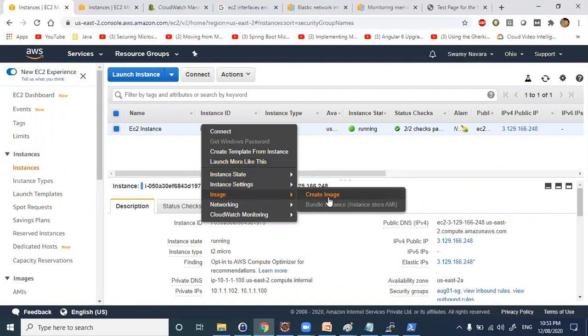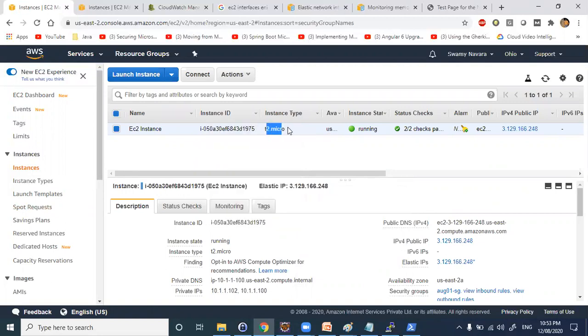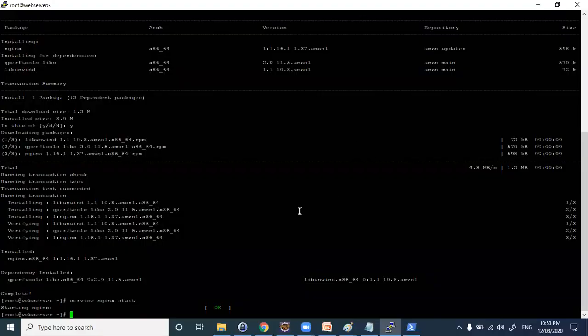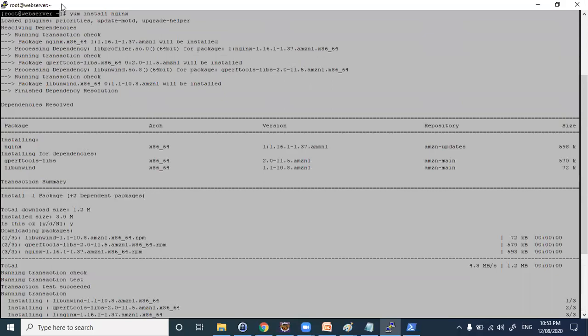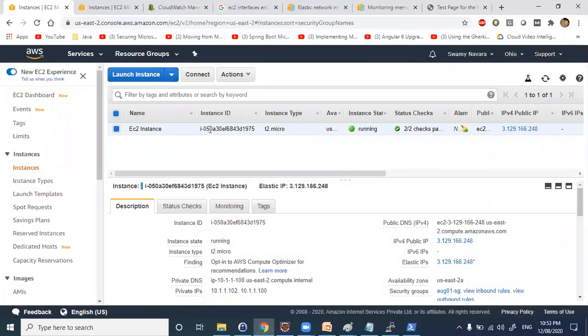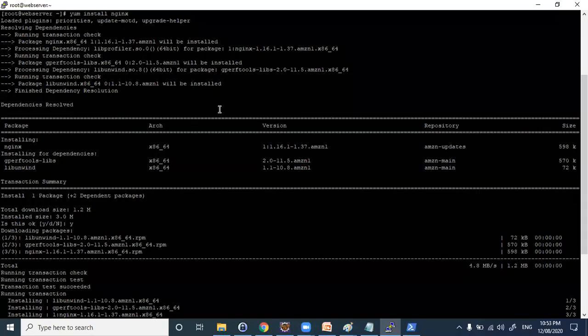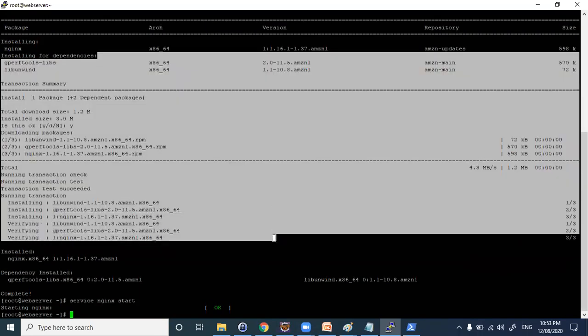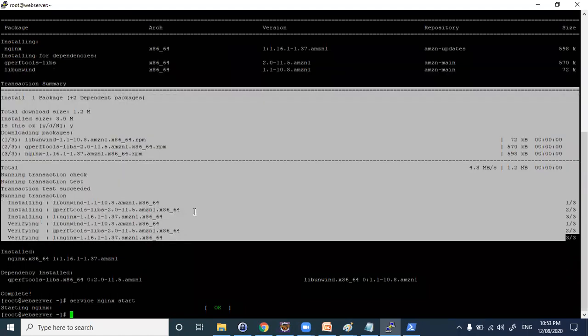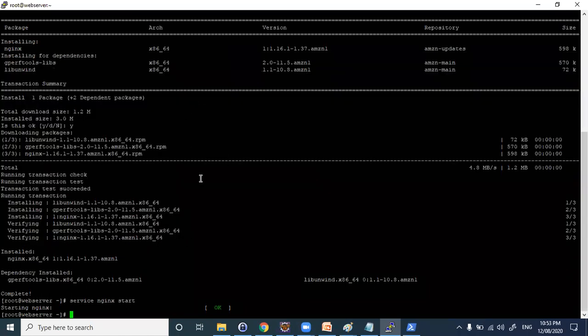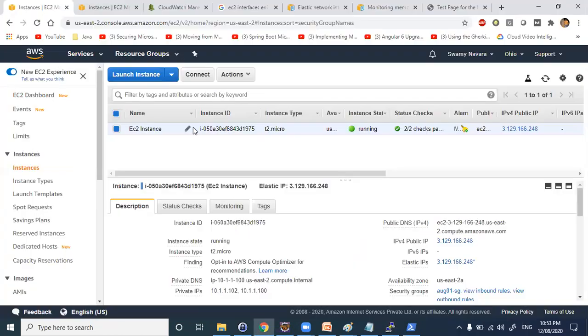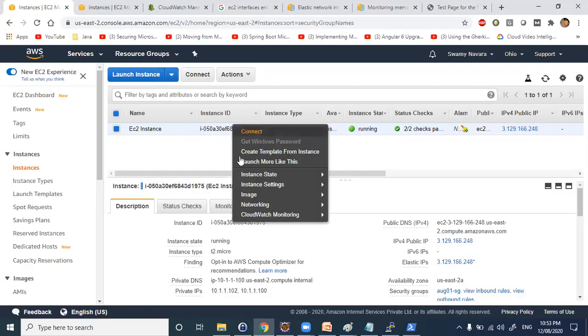So if you create this image, whatever the user data is there will be in this particular image. For example, what we have done is we have installed a simple Nginx server. So next time when you try to launch with the help of this image, you no need to follow these steps that we followed, like yum update and install Nginx server. I have installed only one web server, but let's assume there are 10 software required for a developer. You no need to follow all these steps, because by default in the image when you launch, all those will be there. Let's see how to create that.